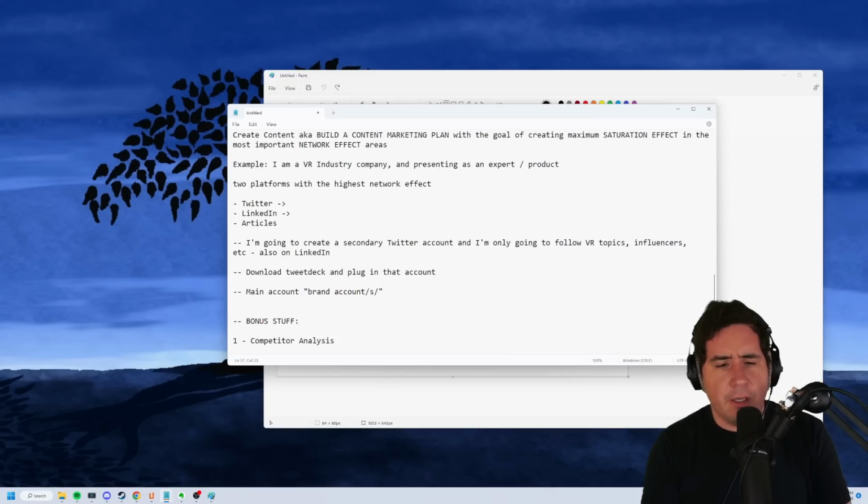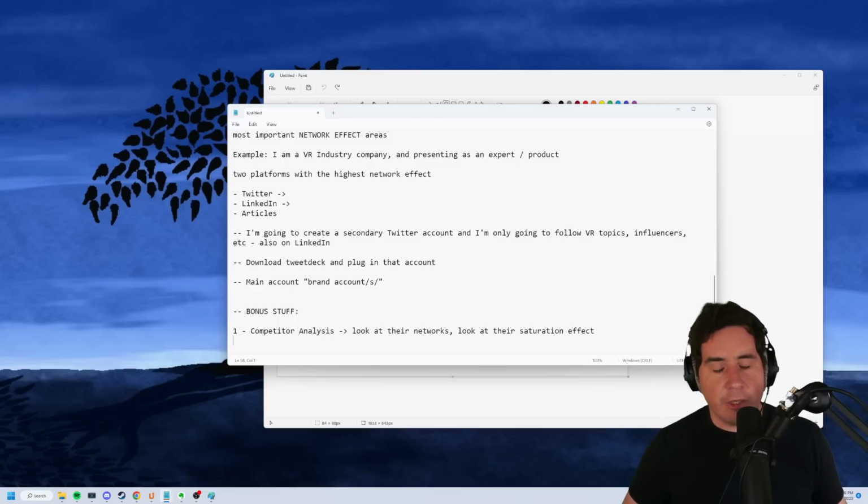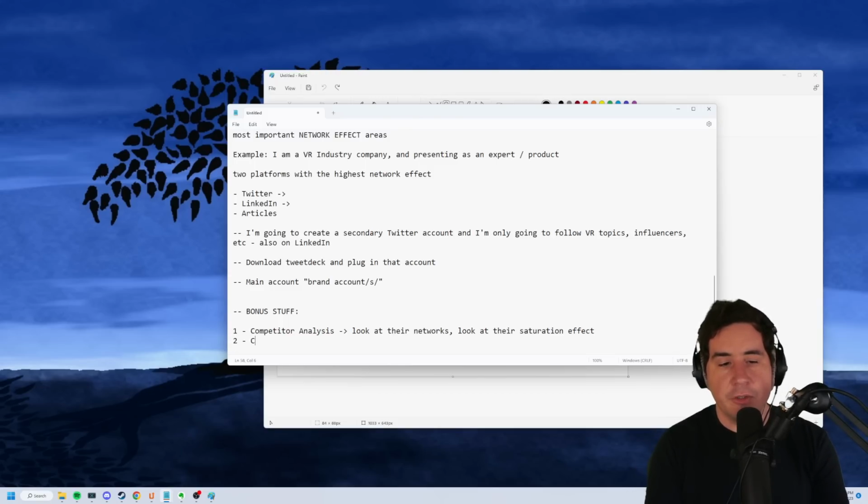Competitor analysis. So if you see someone in your field that's doing this really well, look at their networks, right? Number 1. And then look at their saturation effect. So how are they doing it? Are they creating shorts? Are they creating YouTube posts? And those YouTubes are existing everywhere. Are they doing a lot of what we're going to talk about with number 2, which is collaborations? And it's a major way that this exists. That it vastly expands network effect. What are they doing, right? And then you can use that to inform yourself better to be able to go after it and do it yourself. Number 2 is collaborations.